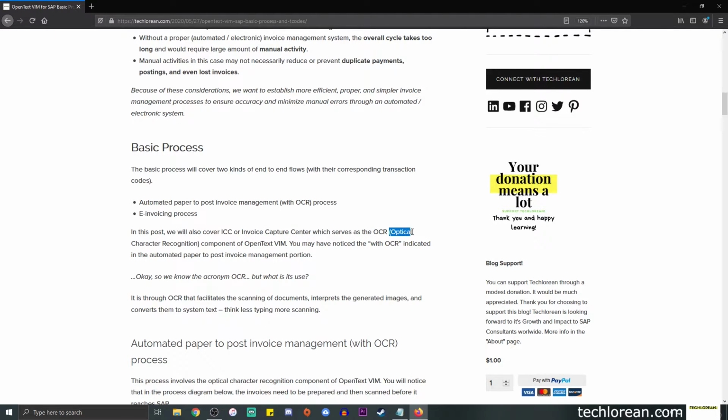It stands for Optical Character Recognition. And basically, the ICC serves as the OCR component for Opentext Vim. Okay, so you guys know what the acronym OCR stands for, but what exactly is it and what is its use? Just to give you a high-level description,